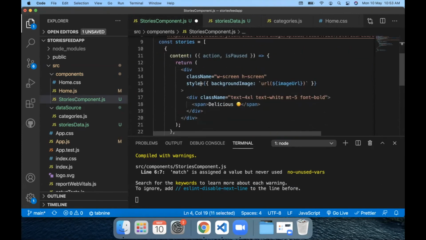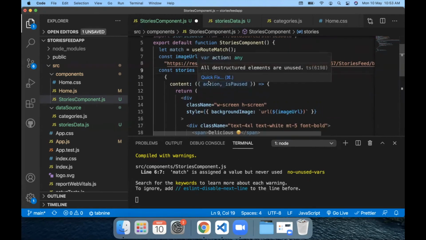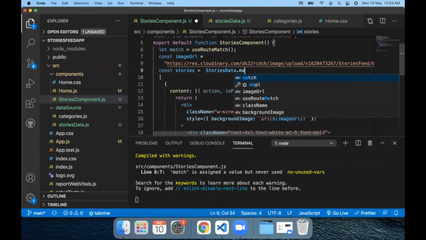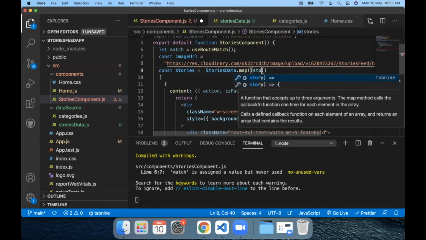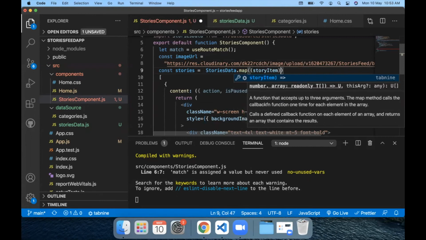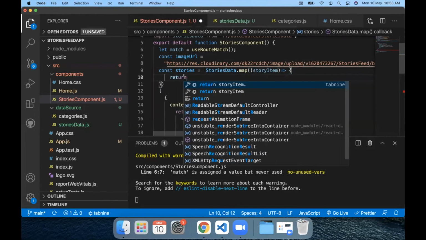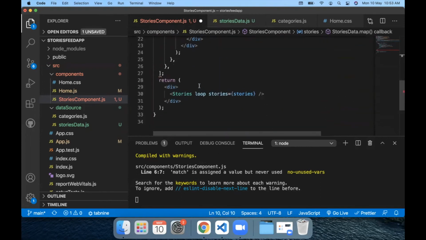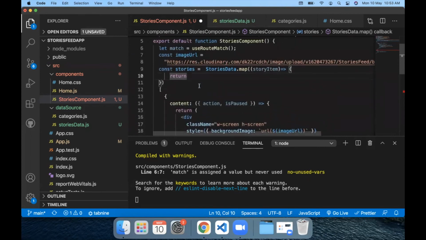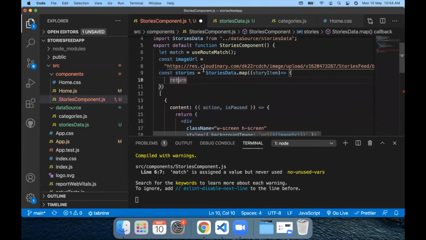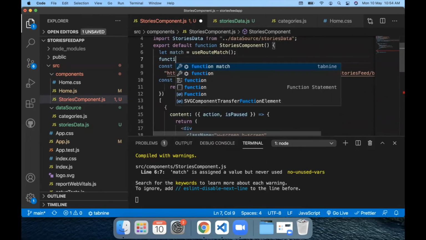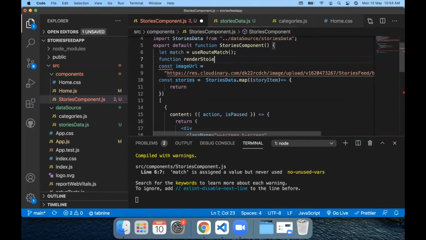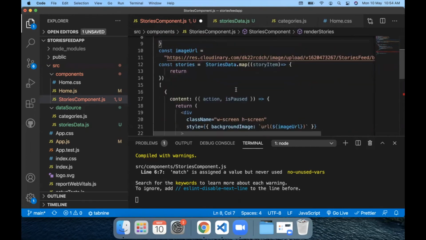Then we can go for something like stories data dot map function here, story item, and return some code. So instead of writing this code without a function, we should define a function first. So let's define a function, let's say render stories, and move this entire code within that function.